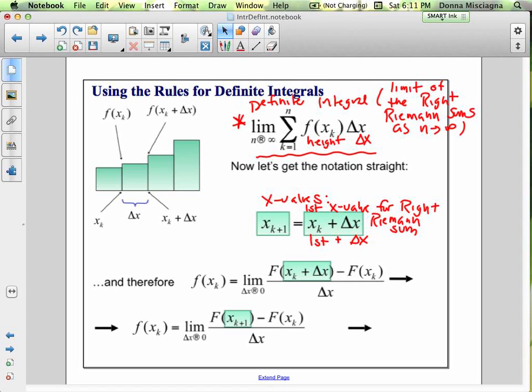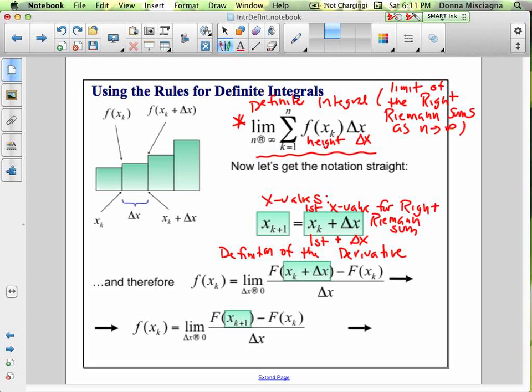All right, so now we plug that into our function, right? We would plug this into the function, so that's the x value. But what's this notation? This is the definition of the derivative. Well, why are we talking about derivatives when we're integrating? Well, if you remember,